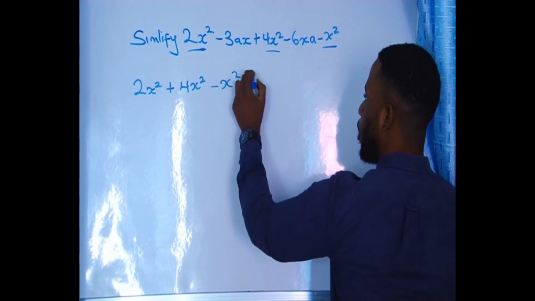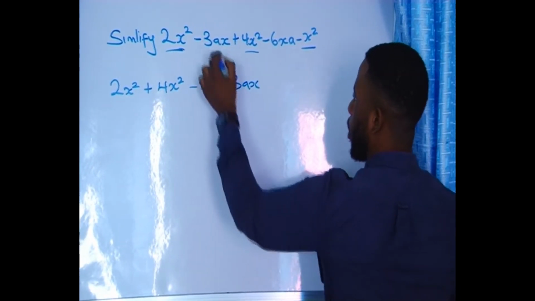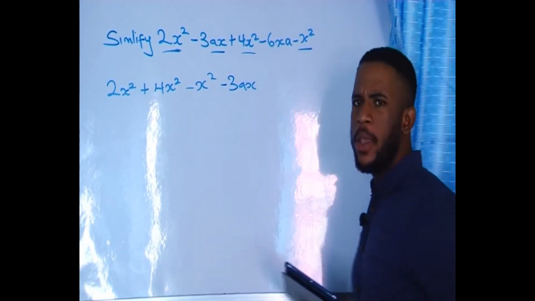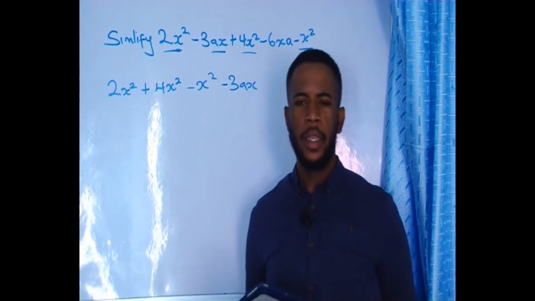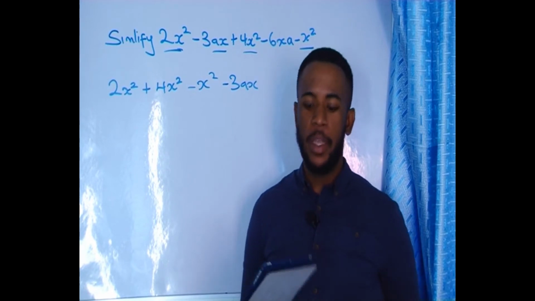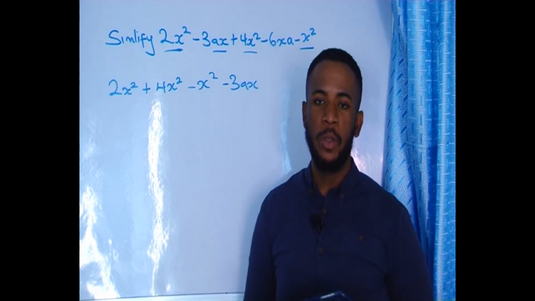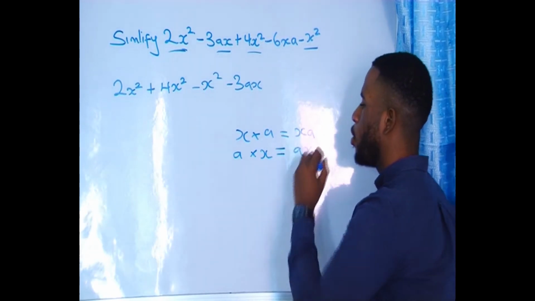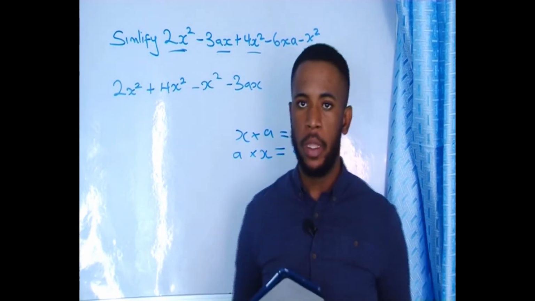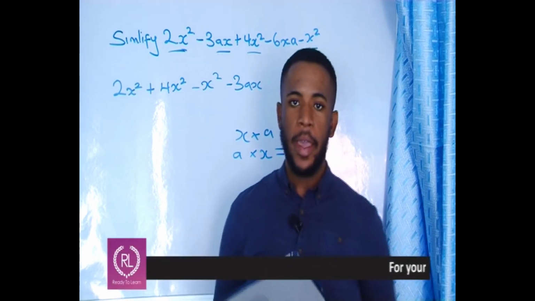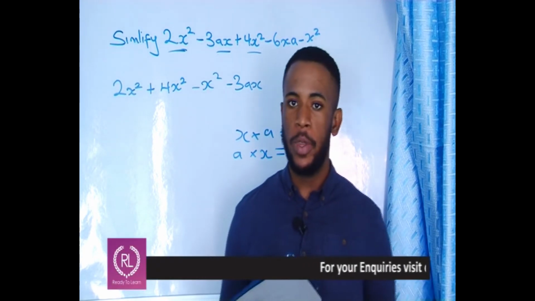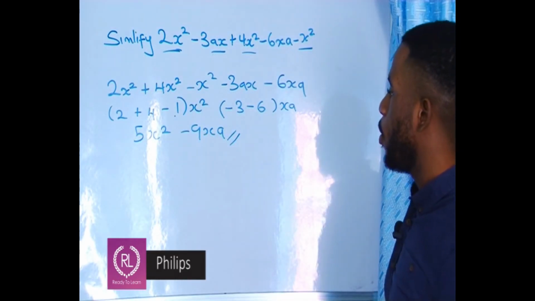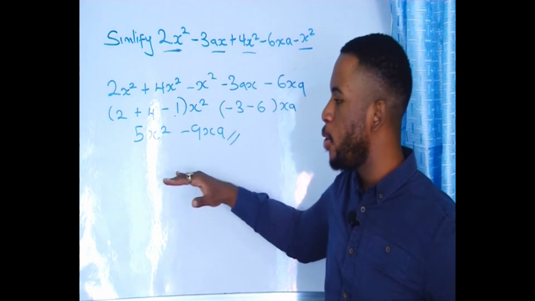So we have our 3ax, and then what's left is our minus 6xa. Now, is ax the same thing as xa? Yes, it's the same as xa. When you're dealing with variables, the placement doesn't mean anything. The placement of variables doesn't change anything. xa is the same thing as ax when you're dealing with variables. So apply xa. So simplification means there's nothing else you can